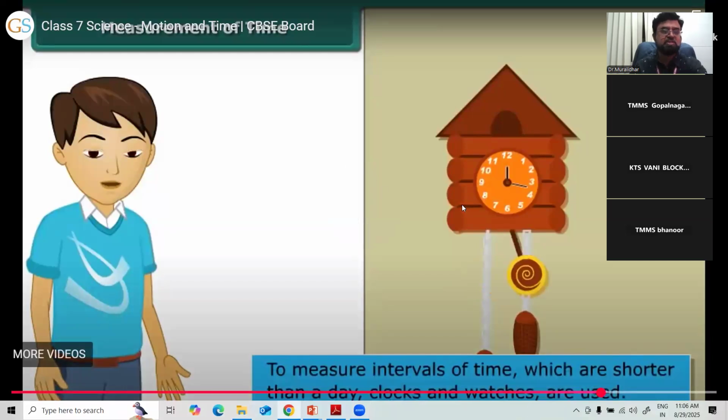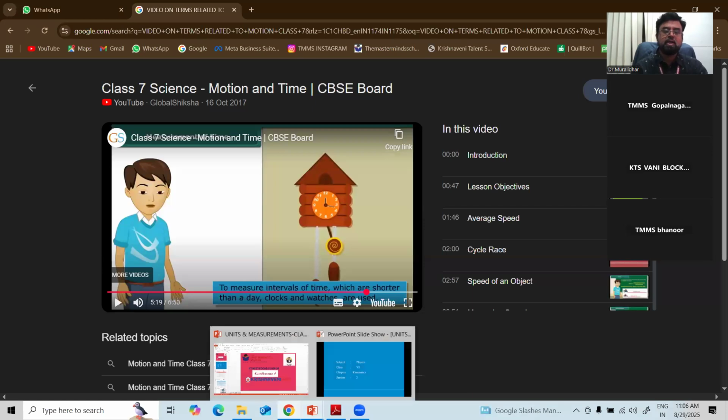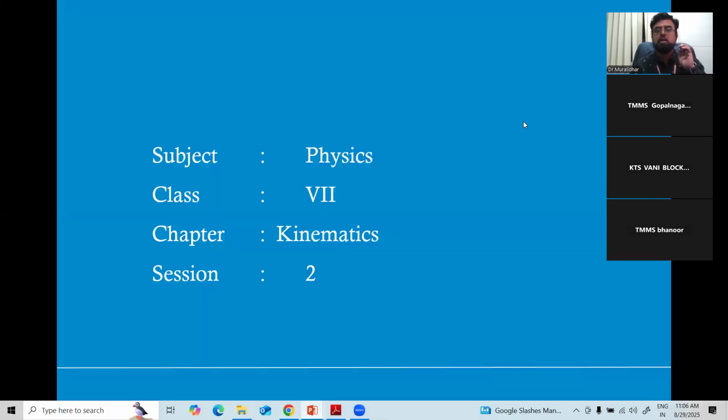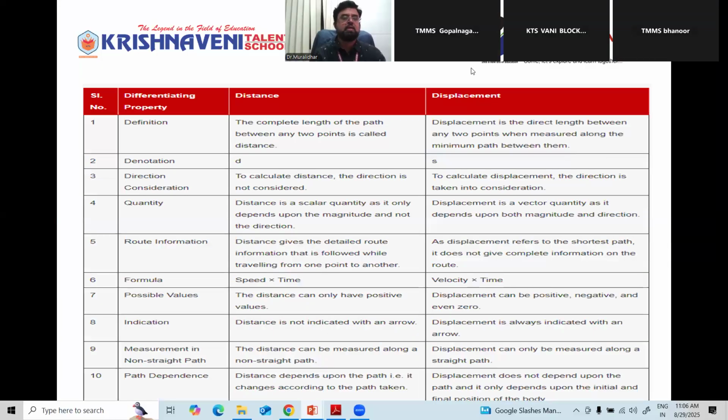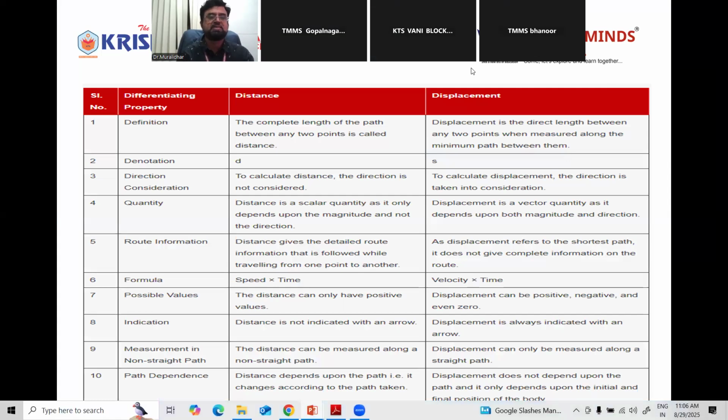So clearly here you can see what the distance and displacement are, followed by the speed also explained here. See, there are differences between distance and displacement. You can see clearly, right? So when you see distance,